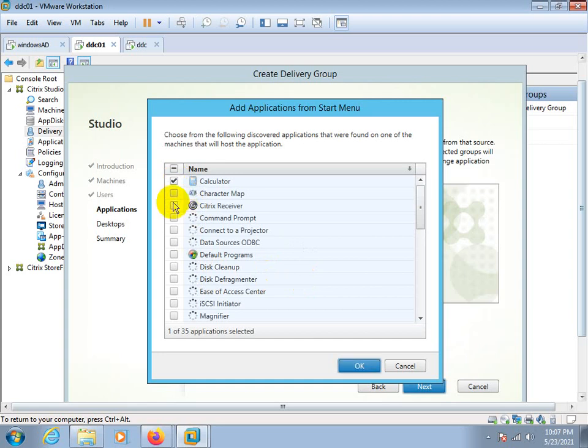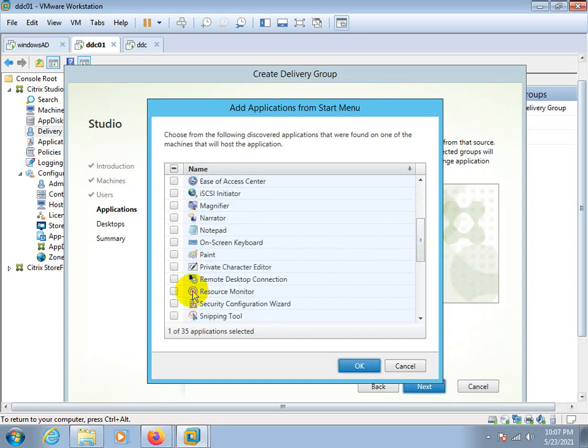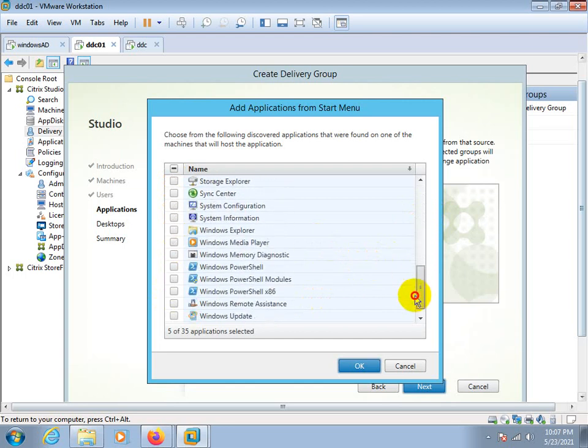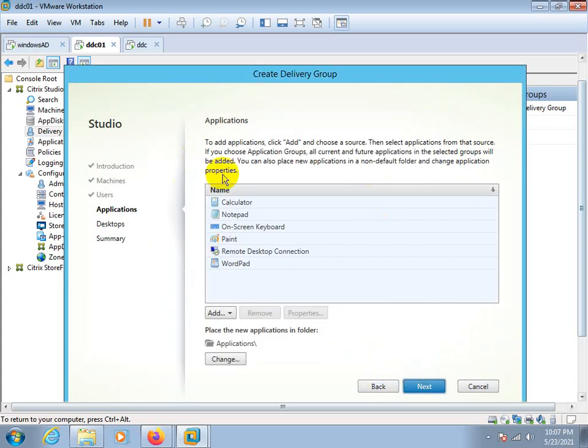I am selecting calculator, notepad, remote desktop connection, on-screen keyboard, paint, the simple applications, and WhatsApp. Okay, these are all the applications.